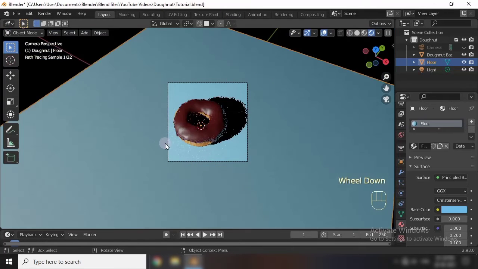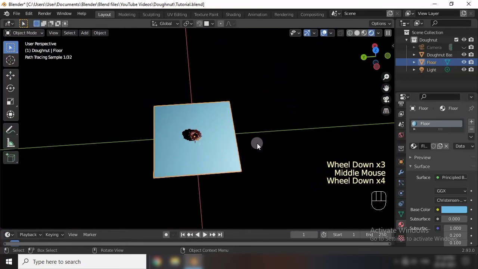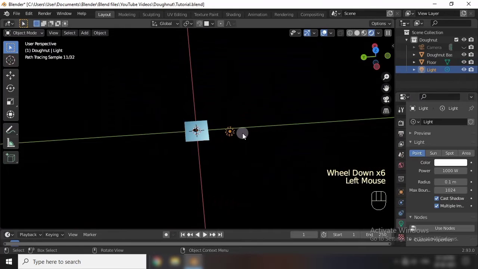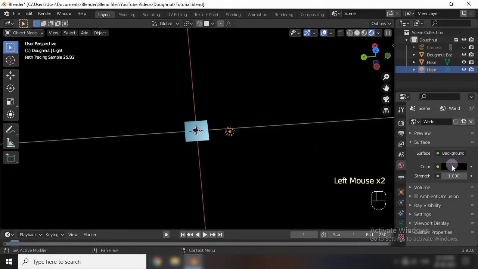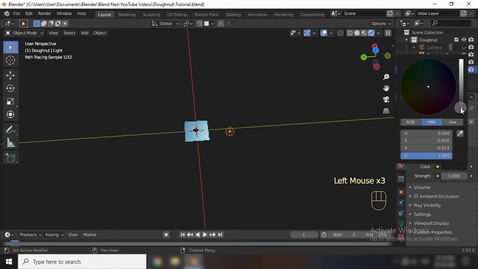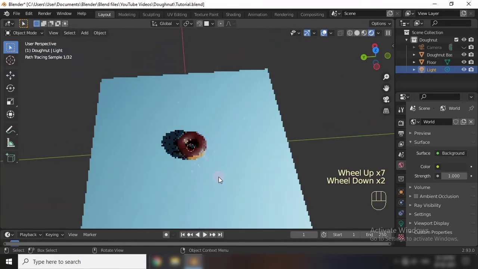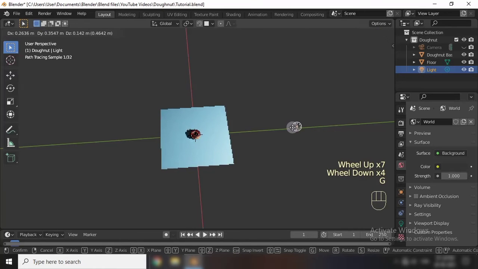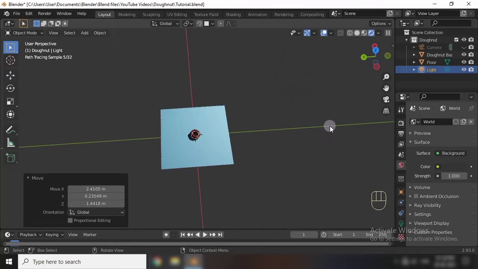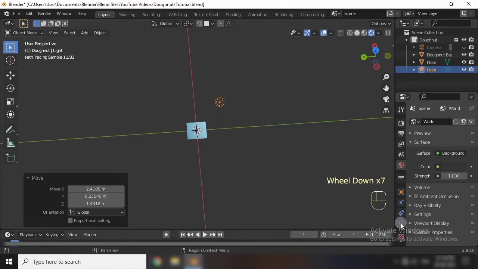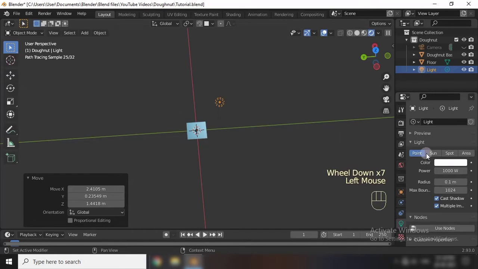So one thing with my light I want to do is, where is my light gone? Okay, I can't see. Yeah, so while it is fully black colored, I will make it a bit lighter, and then I will move it to the top, and then if you go here in this light properties, you can see you can increase this radius.